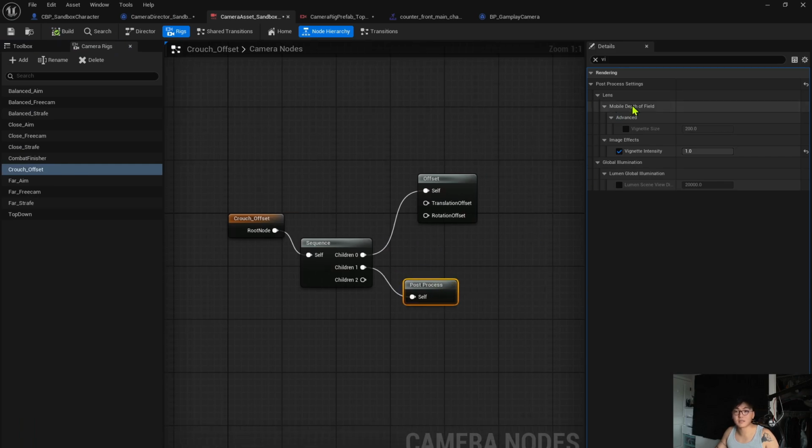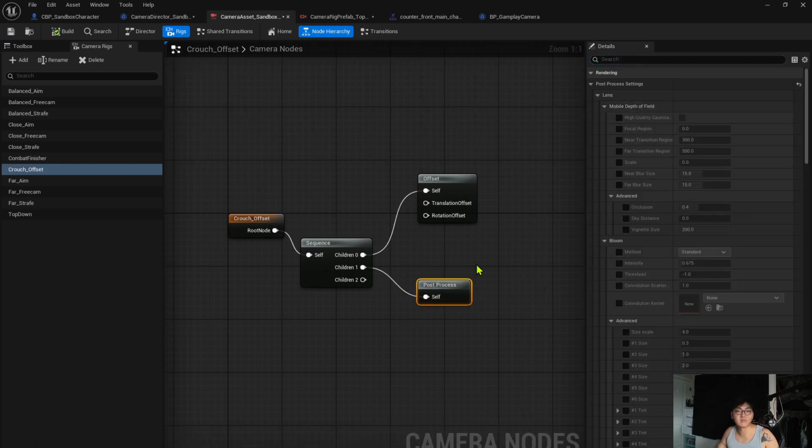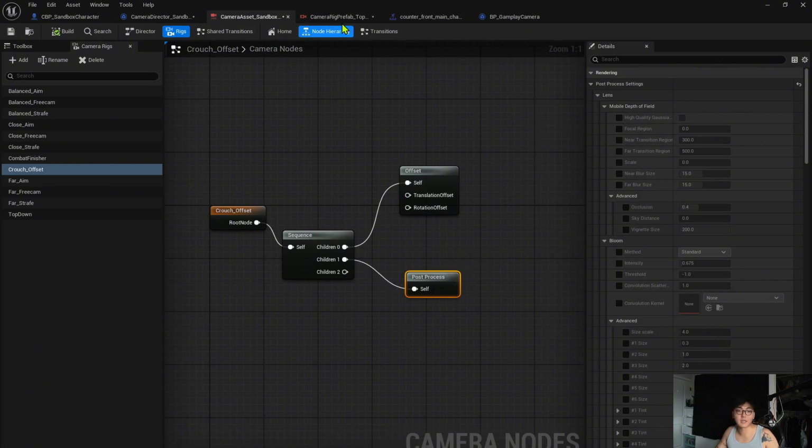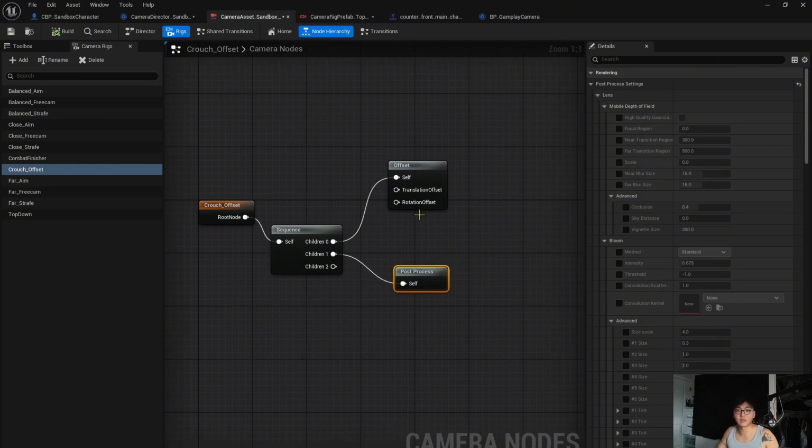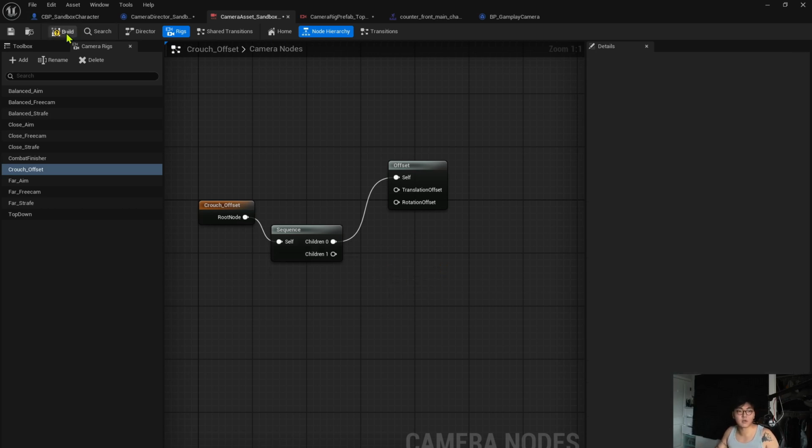So this is where you set the in-camera VFX or post process setup: in the camera node. So definitely go study post process. This will be extremely